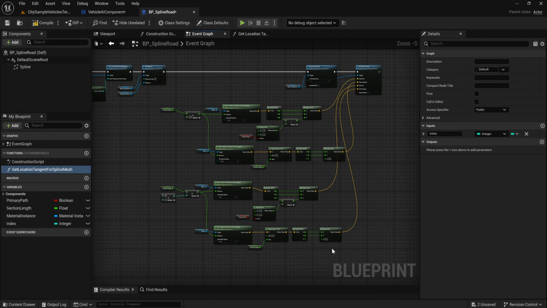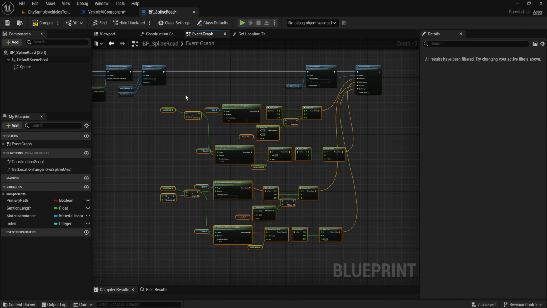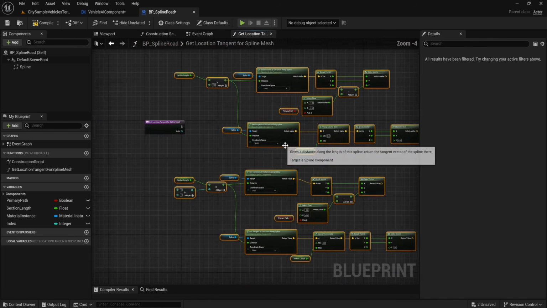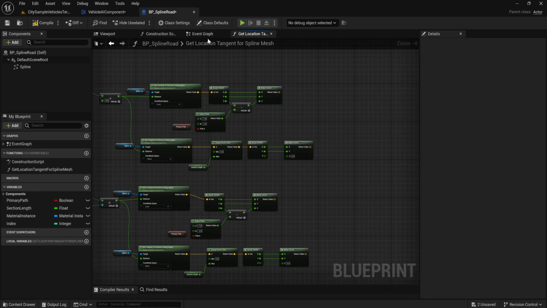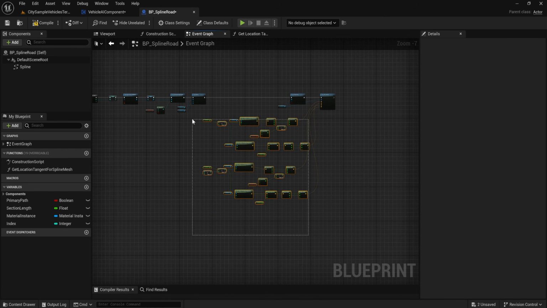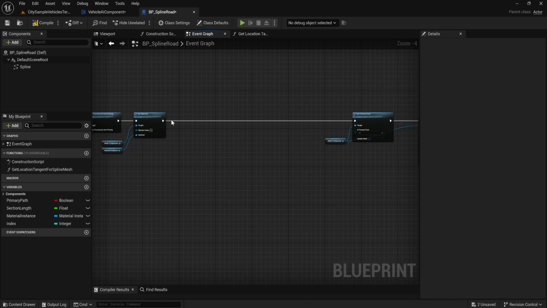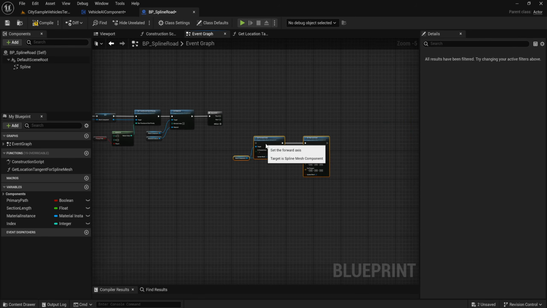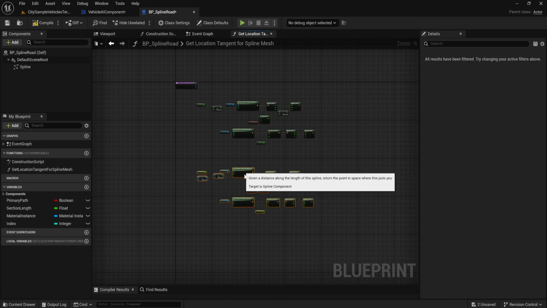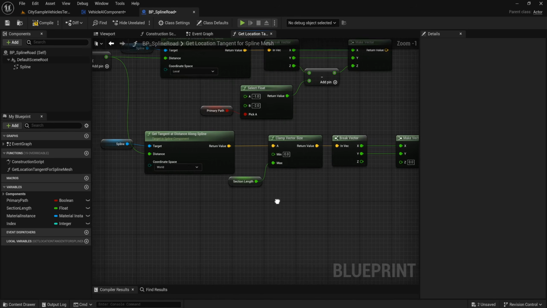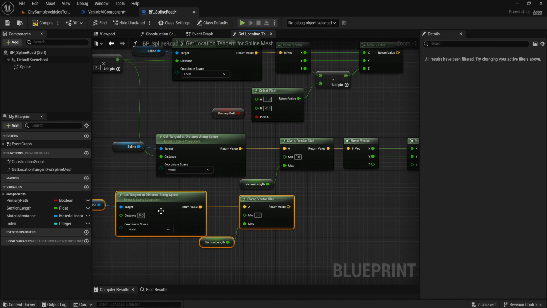We can copy all this function and paste it in this. And we can delete this. We add a sequence. Disconnect this, and move this down. We copy this,